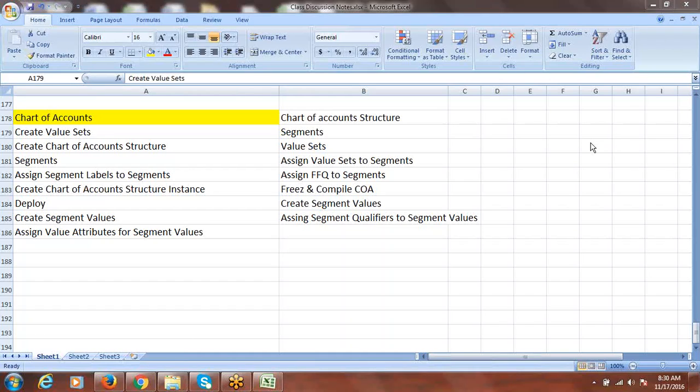The client is moving from EBS to Fusion as a re-implementation, and the same practices will be implemented here. Only as a consultant will you see some changes in terms of setups, but the business process almost remains the same, and the client may opt for some additional functionalities which are available, and the setup part can change. Process-wise it will almost remain the same, and the user experience can be drastically increased. All of this we will come across.